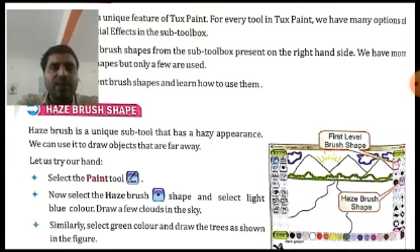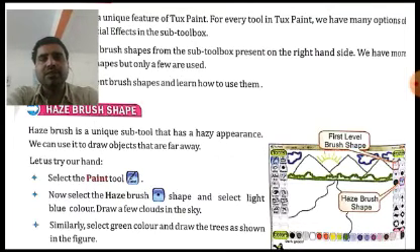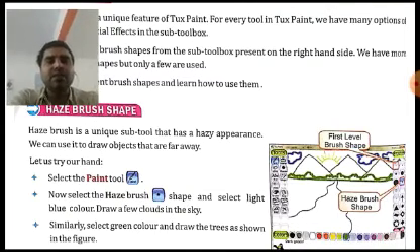Okay, first of all, select the paint tool. Then from the sub toolbox, we will select the haze brush shape, and then we will select the light blue color from the colors. We will draw a few clouds in the sky by using the haze brush. Why are we using the haze brush? Because clouds are very far from us. So those objects which are very far, we can use haze brush for drawing them.